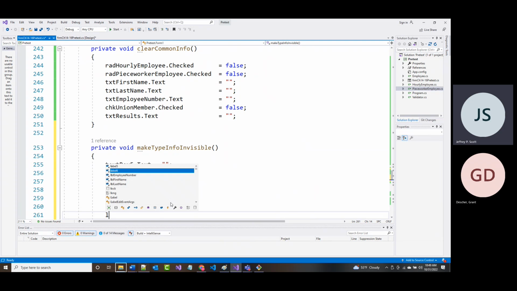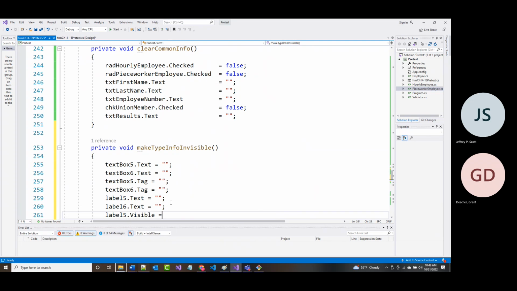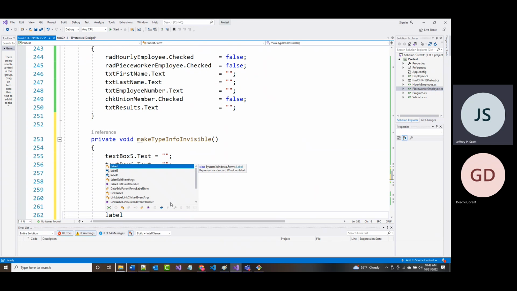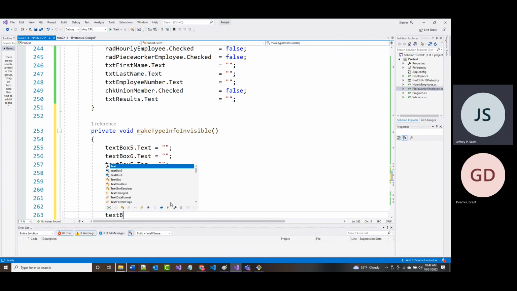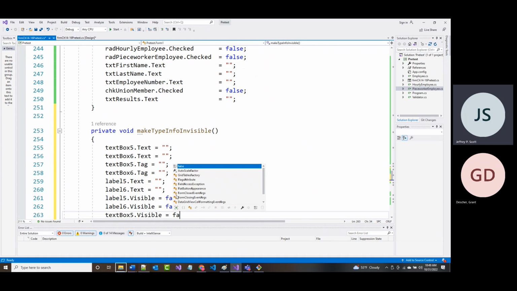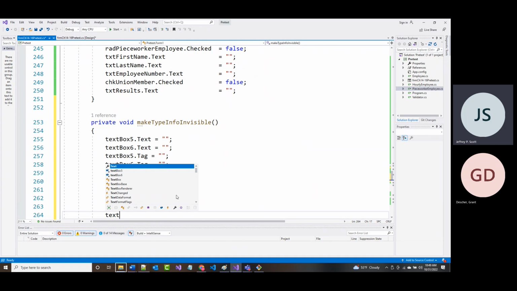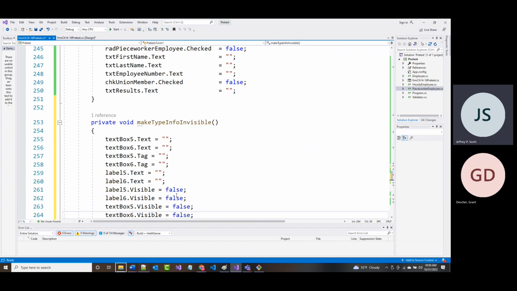I cleared it all out, so now I can say label 5.visible equal false. Label 6.visible equal false. Text box 5.visible equal false. And text box 6.visible equal false. And like I said, you may or may not agree with this, but I did my best